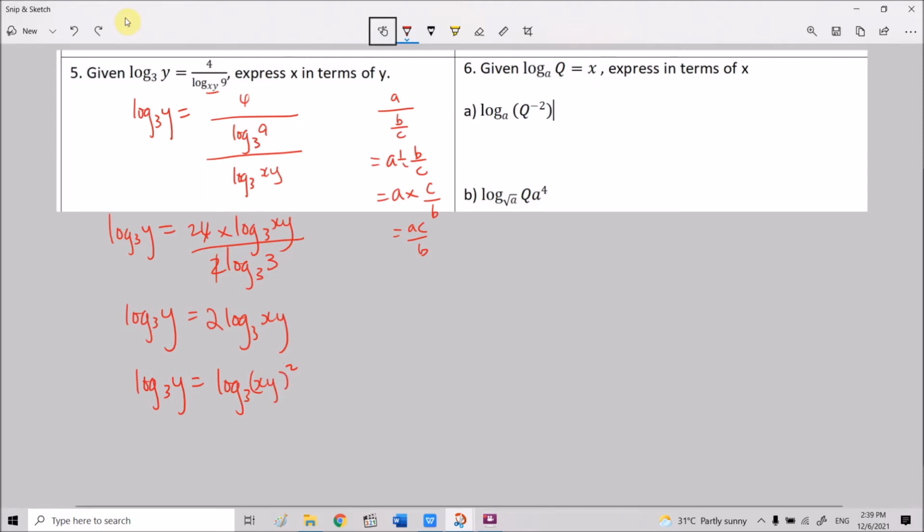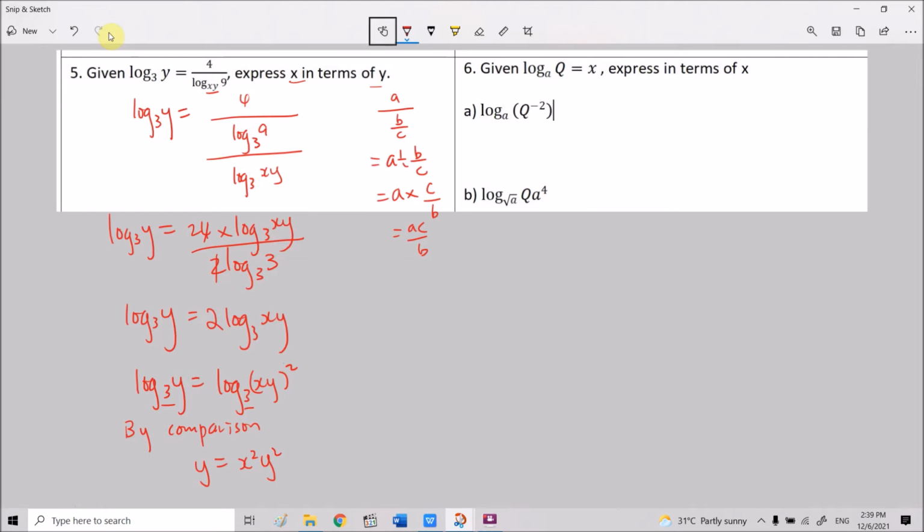Now since both the left hand side and right hand side have the same base, by comparison, y here equals this. Okay, so y equals x squared y squared. But since we want the answer for x in terms of y,